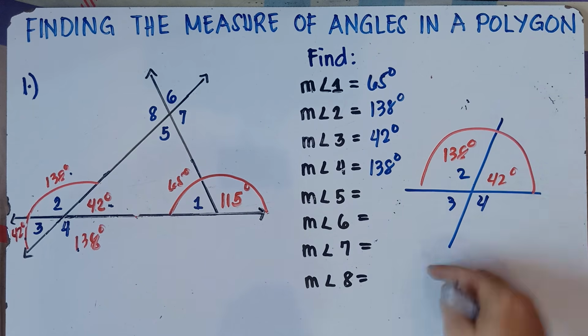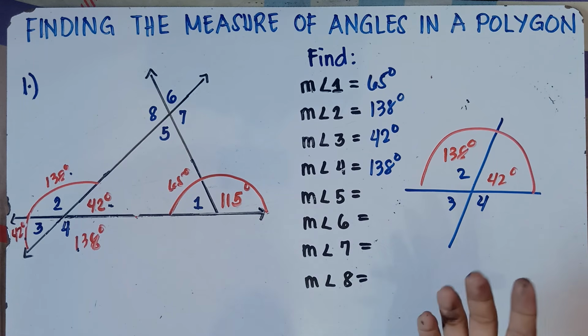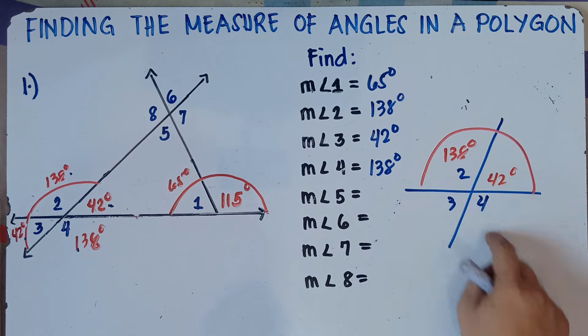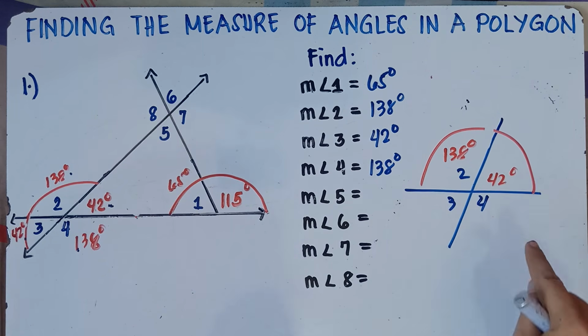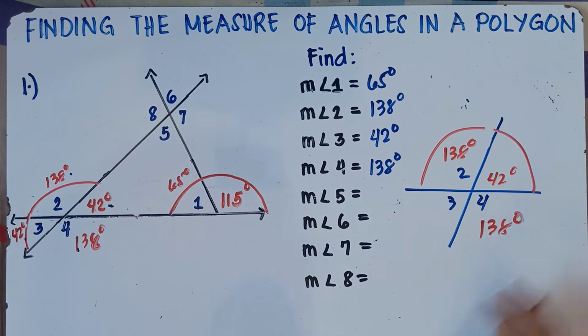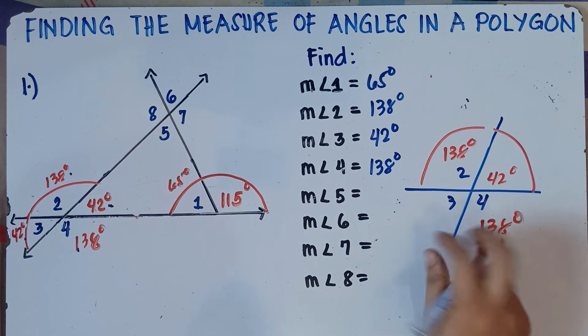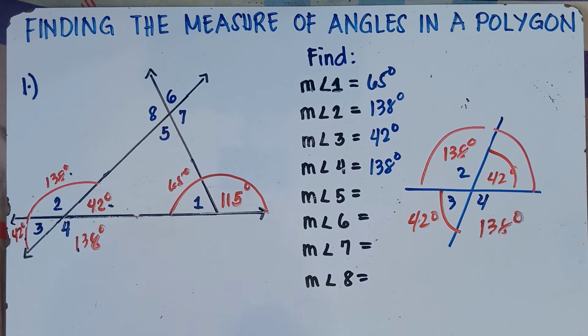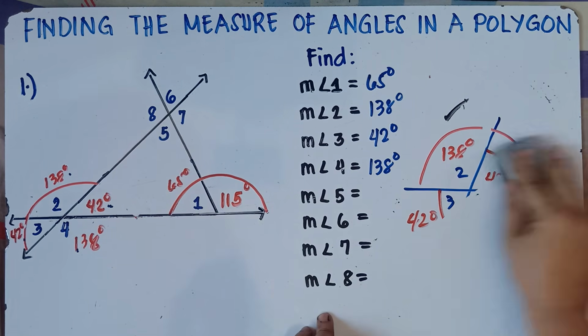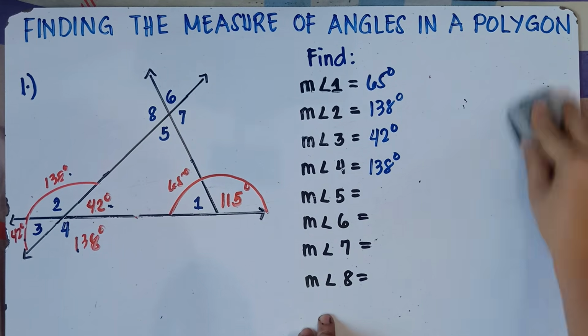It forms the letter X, class. We can always recall vertical angles, and vertical angles are congruent. Opposite angles are congruent. So this is 138 for angle 2, angle 4 should be equal to 138 degrees. If this is 42 degrees, angle 3 should be equal to 42 degrees, because this angle is congruent to this angle, and this angle is congruent to this angle. Alright, so if you're confused with vertical angles, do not be worried, class. We will be focusing on straight angles. Just focus on straight angles if you forgot vertical angles.